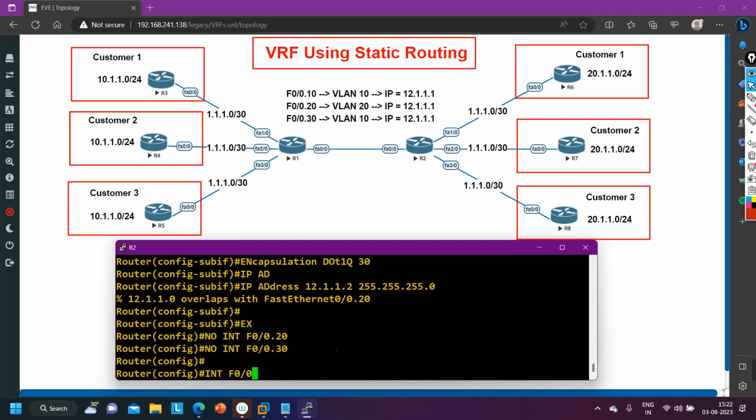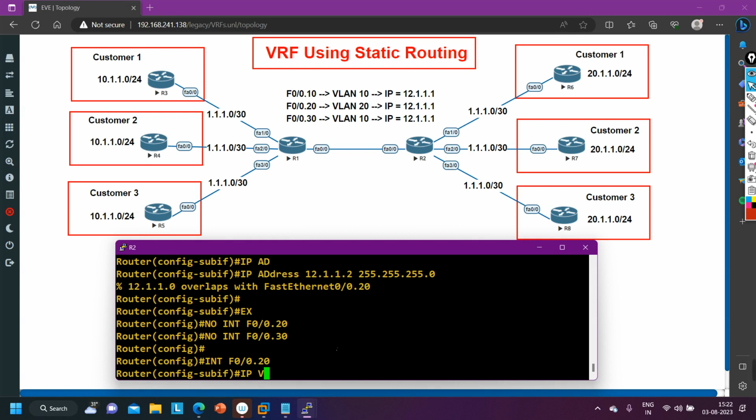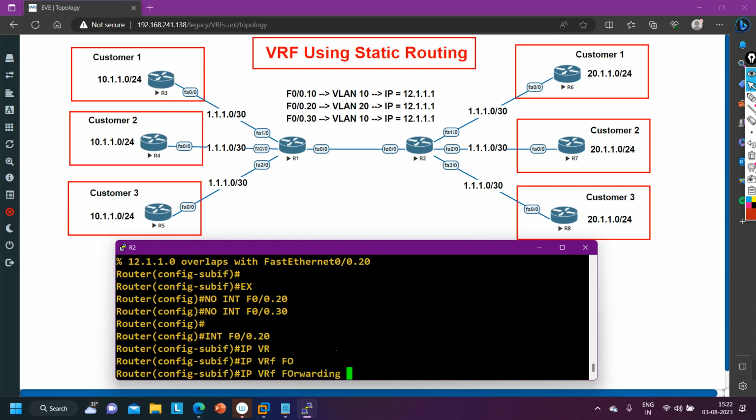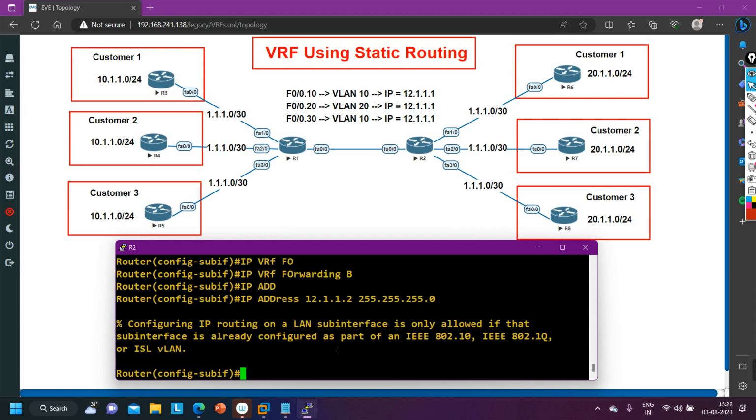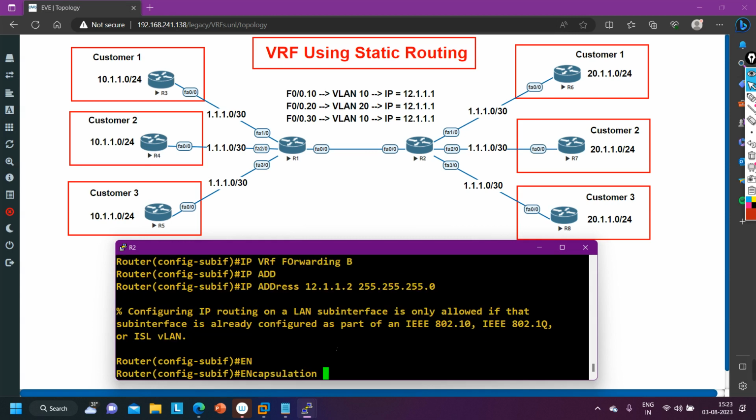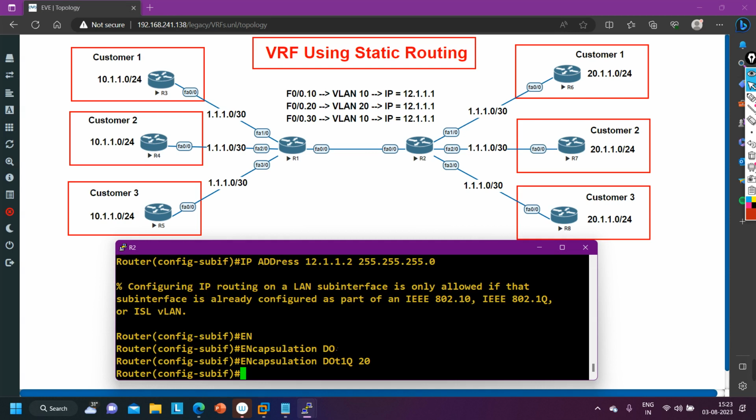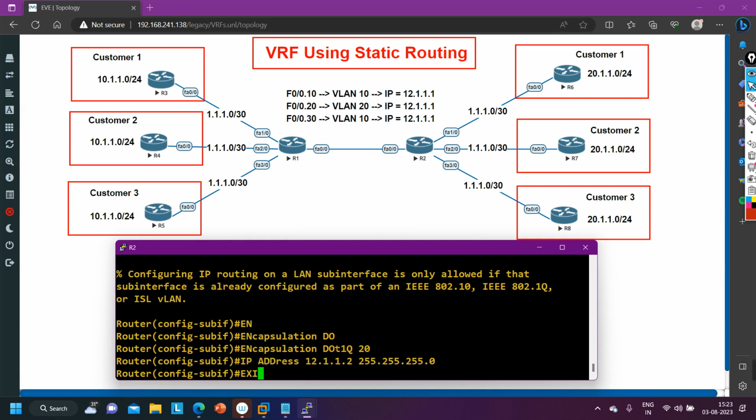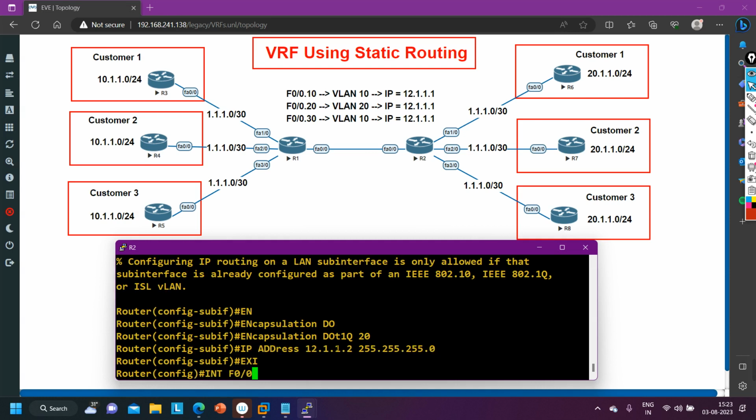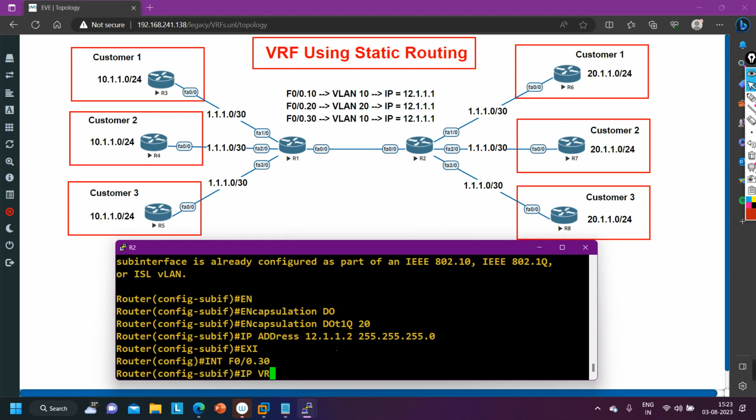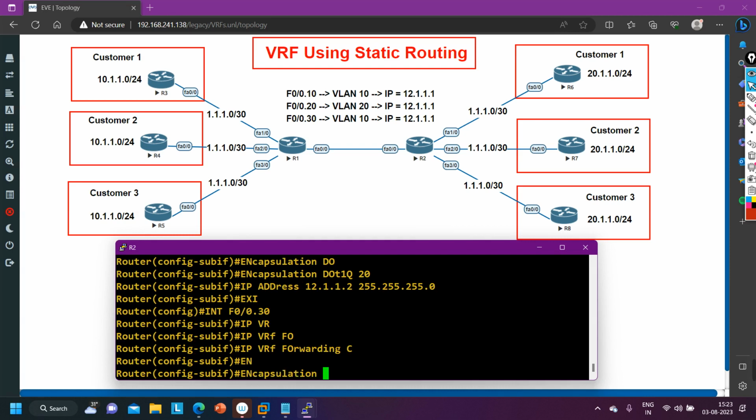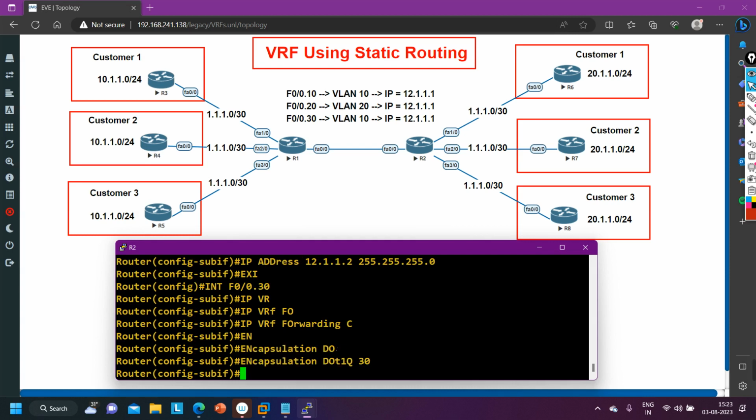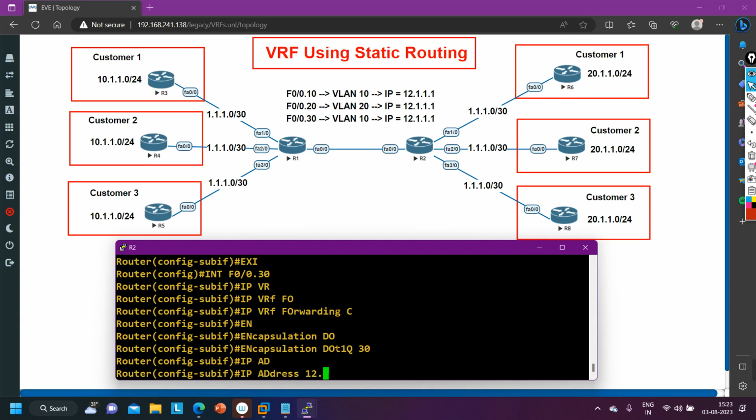Now again interface f0/0.20, IP VRF forwarding B and IP address 12.1.1.2 255.255.255.0. Okay, encapsulation dot1q for VLAN 20 and set the IP address. Okay, now interface f0/0.30, IP VRF forwarding C and encapsulation dot1q for VLAN 30, and here the IP address will be 12.1.1.2